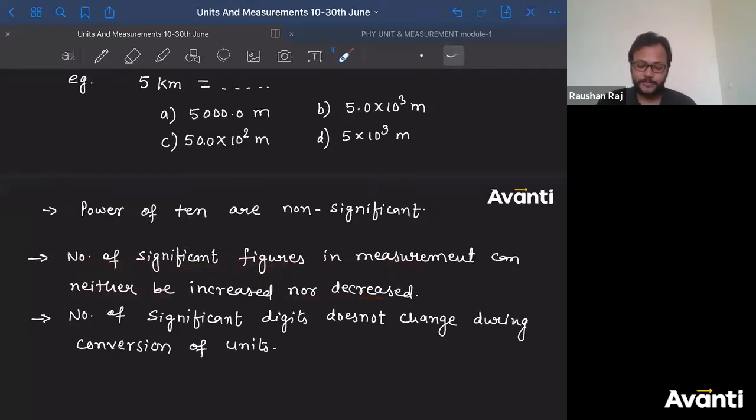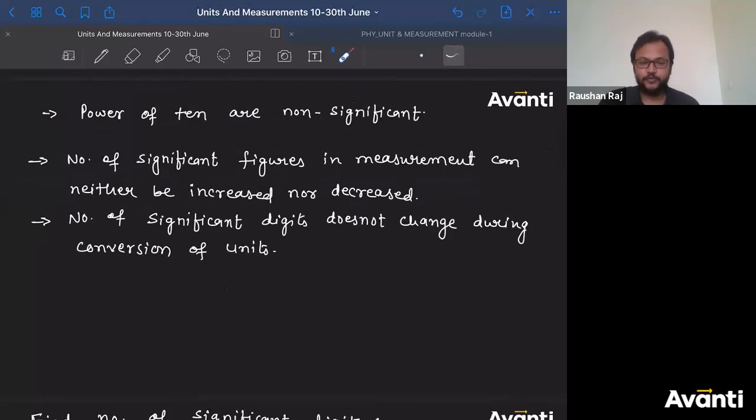Third part. Just tell me, if I ask you to measure a length in meters, so you got some answer, you got some measurement, and you got some error also, you got some accuracy or precision also. Now if I ask you to tell the same answer in centimeters, will the accuracy or the precision change because of the change of unit? Tell me guys, yes or no, can we change the accuracy or precision by changing the system of units?